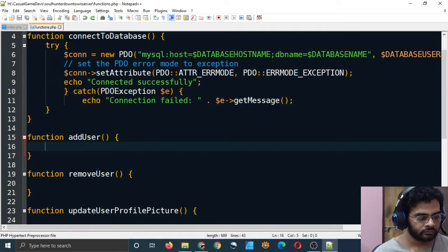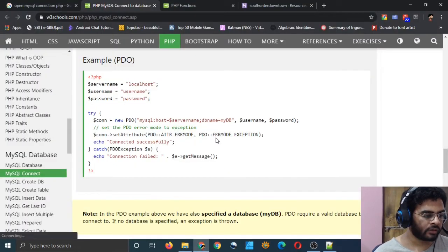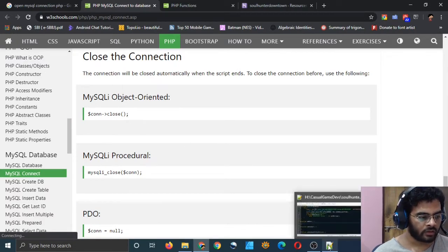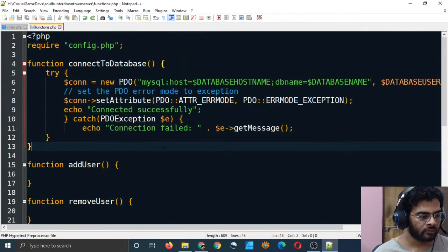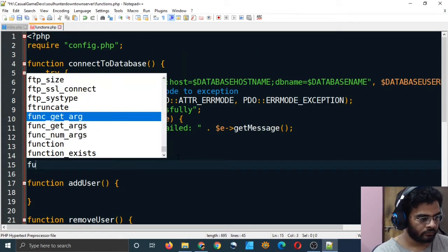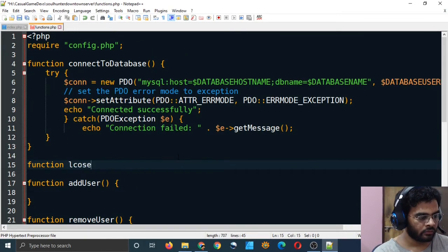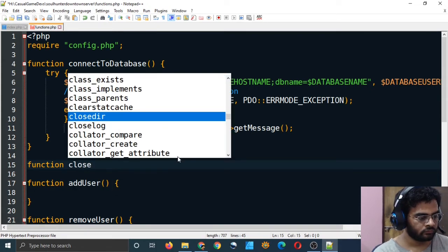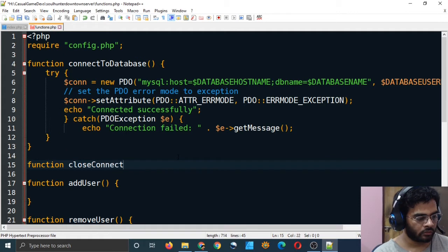So I will just be looking at this. We have to close the connection after doing our operation. So to close the connection, should I make a new function, close connection to database?